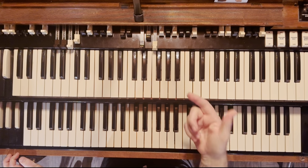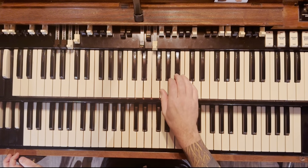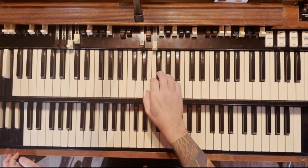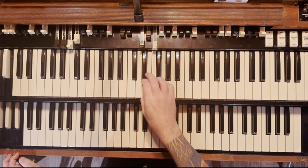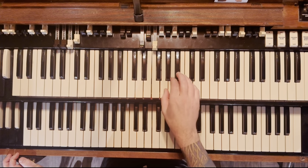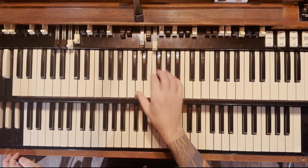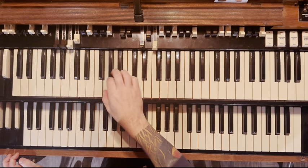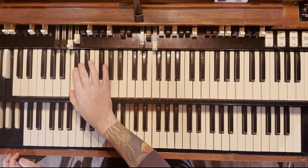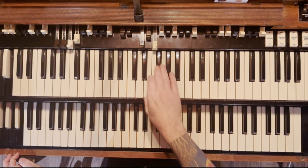To make this a little cooler, I'm going to put like a bebop spin on the top of it. So I'm going to go like this. That's the only difference between just playing it simple down and with the bebop spin. That's the second part of the lick, so when that's up to speed, it's like...